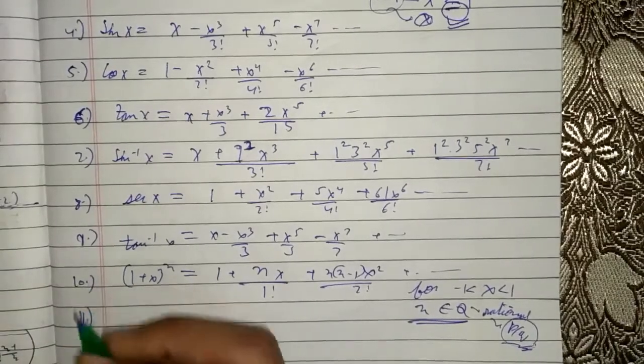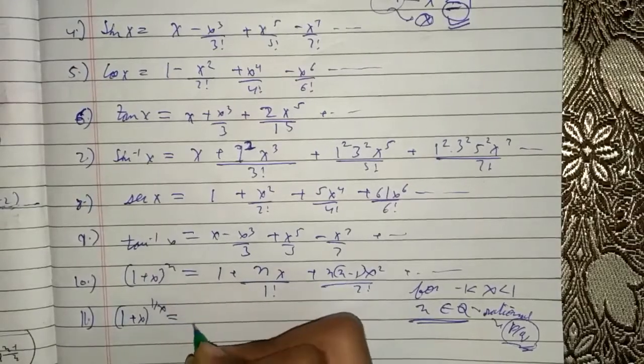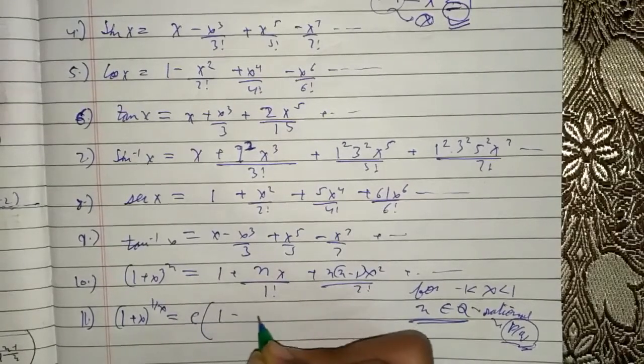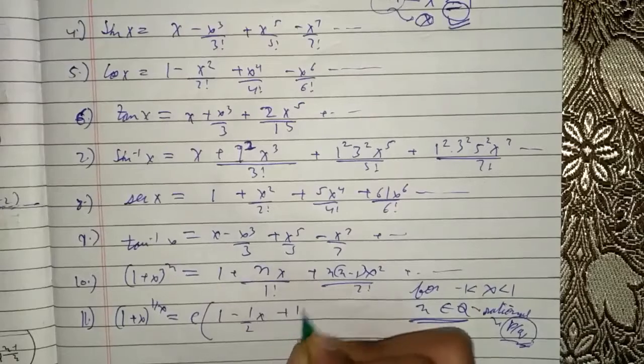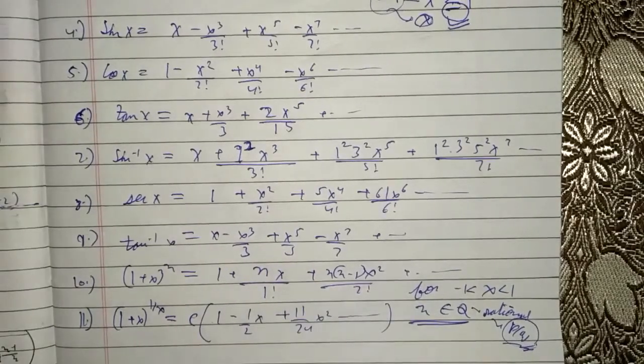And last but not the least, 11th is (1 plus x) to the power 1 by x is equal to e times 1 minus half of x plus 11 by 24 x square and so on. Okay, so moving on to the next page. Now last thing for the day is